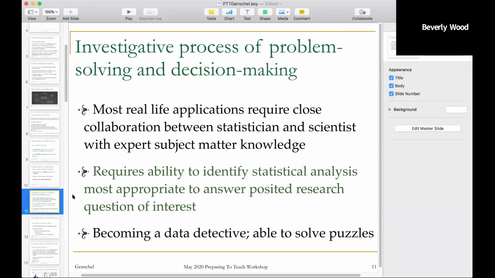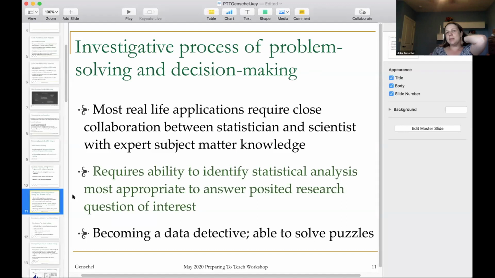So talking a little bit more about the second one, that was this investigative process of problem solving and decision making. What I always use in the classroom, or what I found myself to be as a statistician, is really more like, I consider myself a data detective. I like to solve puzzles in the sense that when we have a research question, what type of data do you have to collect? And what variables do you have to collect? And in which way do you have to collect these data? And that's really important